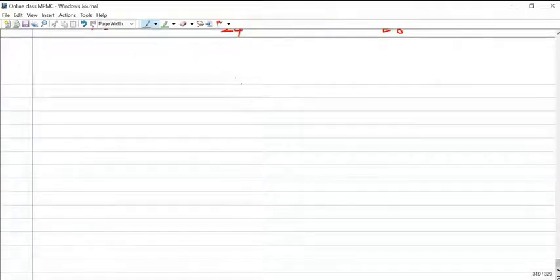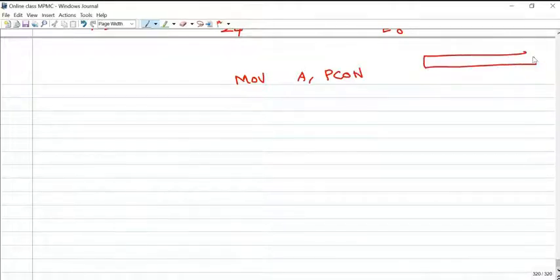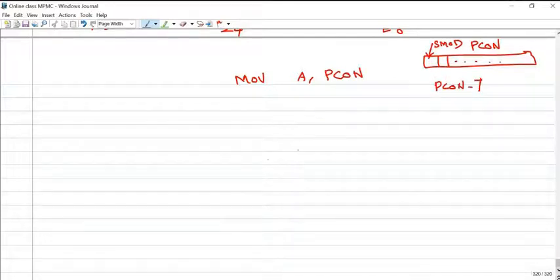So how to make that particular bit 1? Move to your PCON register, the power control register. The power control register is a special function register. It has 8 bits, 0, 1, 2, 3, and so on. The 7th bit is PCON.7, and the 7th bit is SMOD.